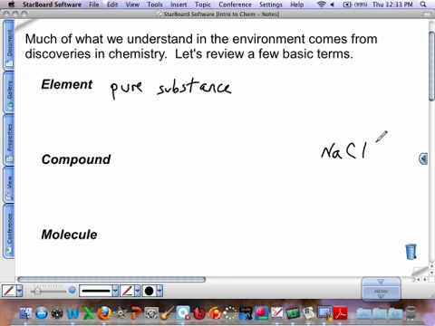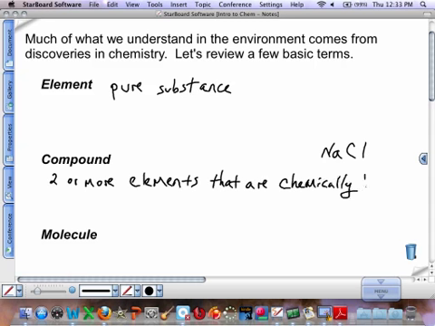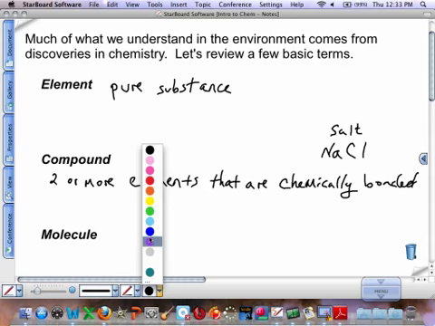Two or more elements that are what? Combined. They have to be chemically combined. So it's two or more elements chemically bonded. So two or more elements that are chemically bonded. Now, we talk about NaCl, sodium chloride, and believe it or not, that's basically just plain old table salt. And then there's another one that's really important to this class,